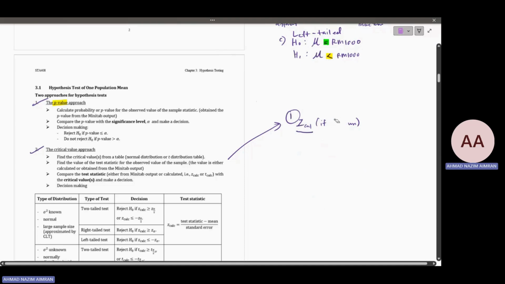Now let's say the standard deviation of the population is known. Then you calculate the Z calculated. So once you have found the value, let's say the value is 2.68, for example. Okay, then you find the Z critical value. Z critical value is given, for example, by Z 0.05, and based on the